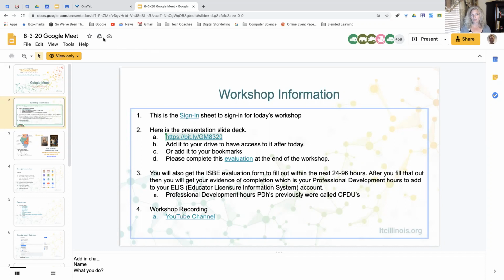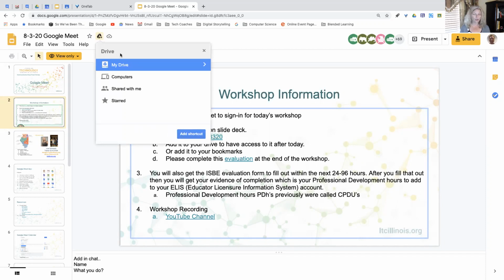And then you should be able to save this to your Google Drive. So add shortcut to Drive, this triangle right here with the plus sign. When you click on that, you can add it to your drive. Well, for you newbies out there, the Google Drive is like a file cabinet. So you can put this slide deck in your file cabinet, and